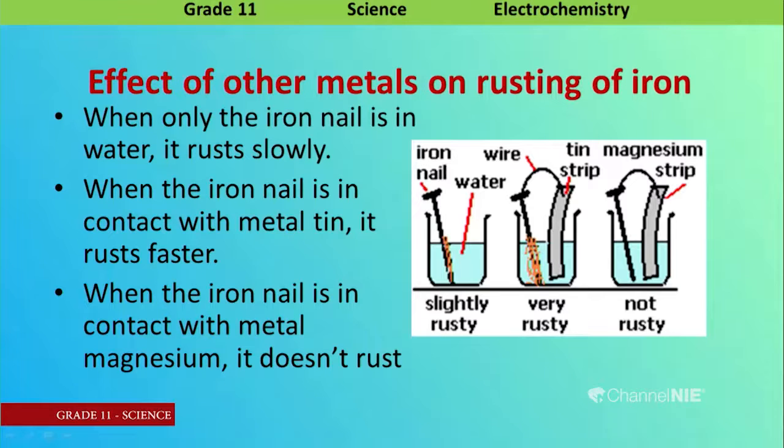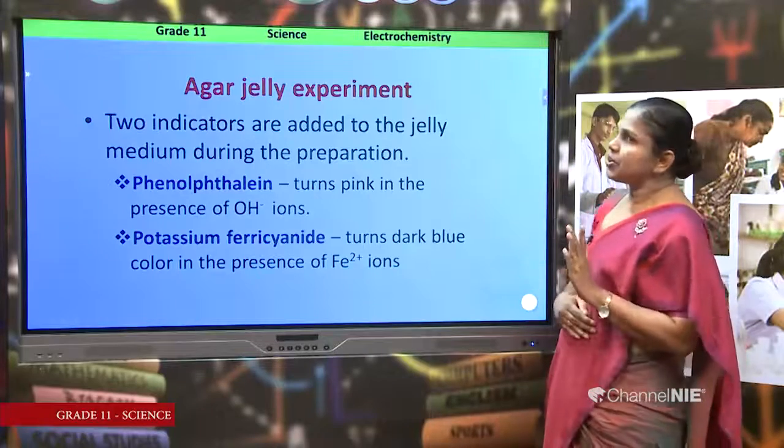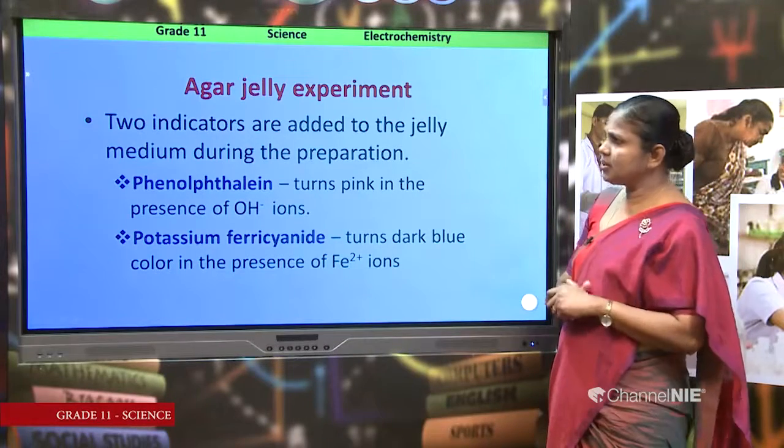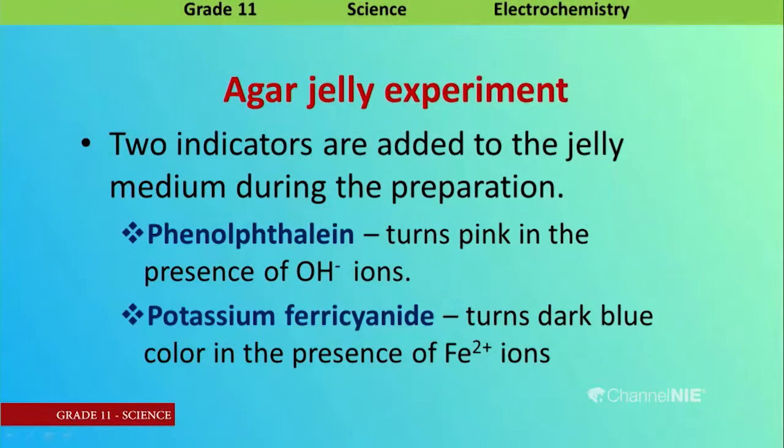When the iron nail is in contact with metal magnesium, it doesn't rust. Okay. What happens here? To inquire this, we have to use a particular experiment called the agar jelly experiment. In this agar jelly experiment, this is a kind of jelly. It's a white powder. When it is dissolved in hot water, a jelly can be prepared, and when the jelly is prepared, we